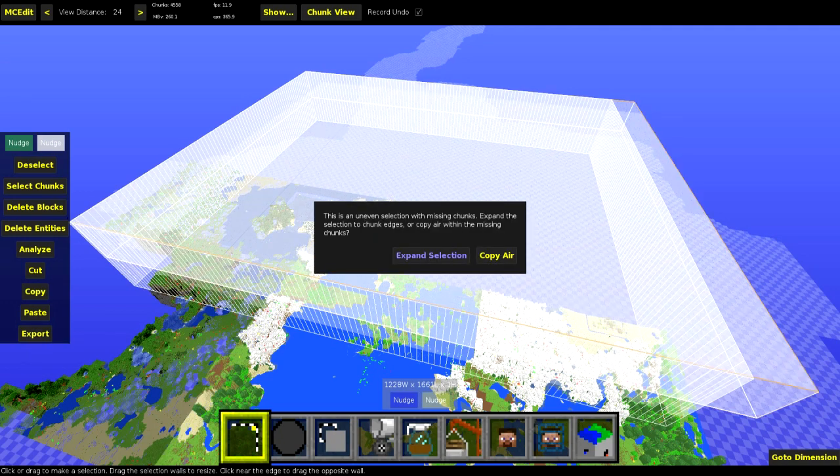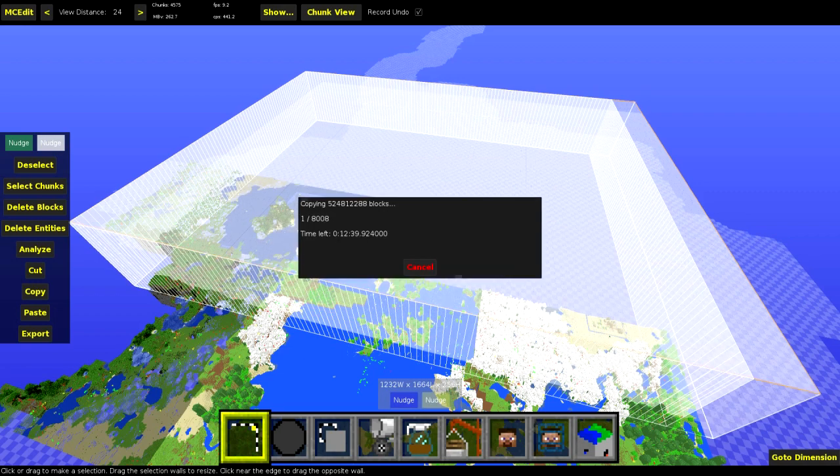This is an uneven selection with missing chunks. Expand the selection to chunk edges. Okay, so we'll expand the selection to chunk edges to try and stop any problems with this copy. And there we go, guys. We are now exporting Rentopia into a schematic file, and the next step of this process is going to be importing that schematic file into Rentopia 1.7, and then hopefully this selection that we